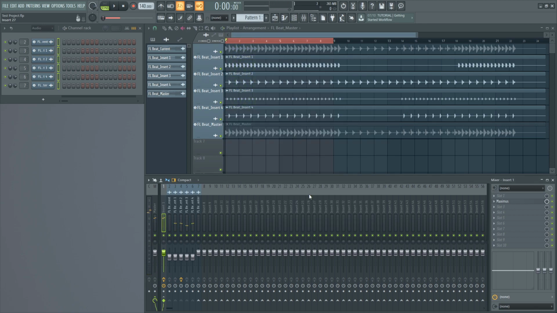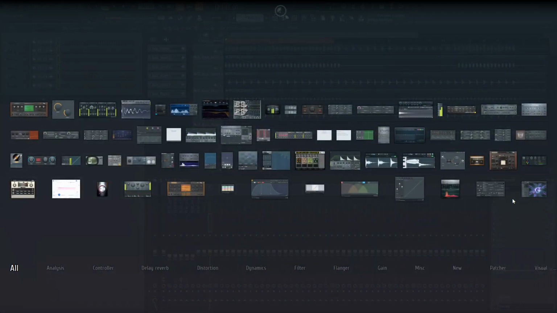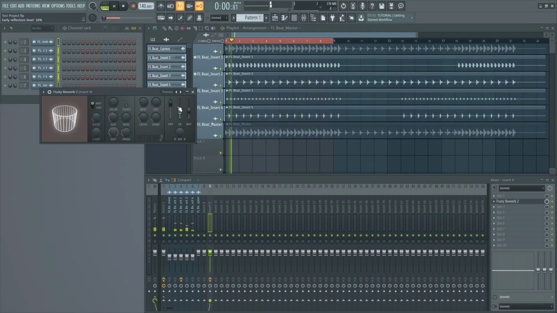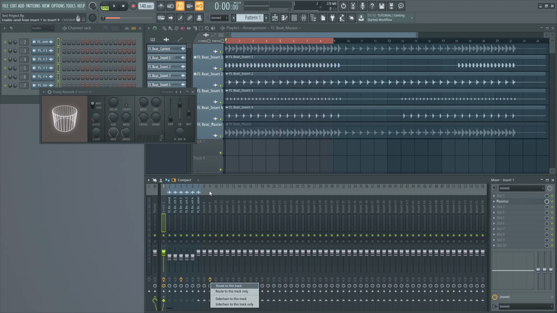Okay, now let's say I wanted to add a send for this to make a drum reverb send. I would go to another track, load up the Fruity Reverb, put that to 0% dry, and bring up the early reflections and leave the wet a little bit down because we don't want a lot of late reflections on this. Now I'll go back to the bus and right click on that mixer track number 9, which is the one where I loaded the reverb. I'll select route to this track, and now